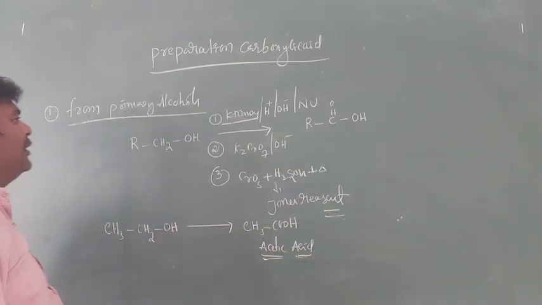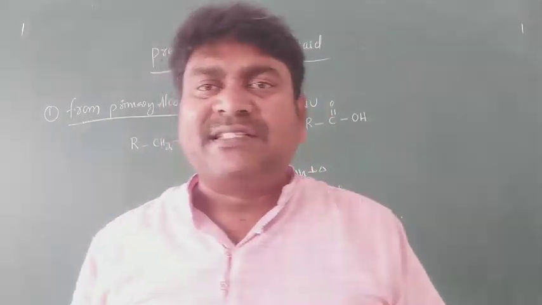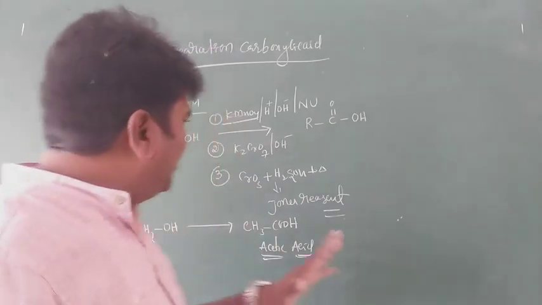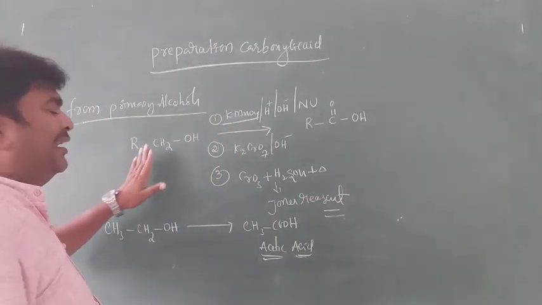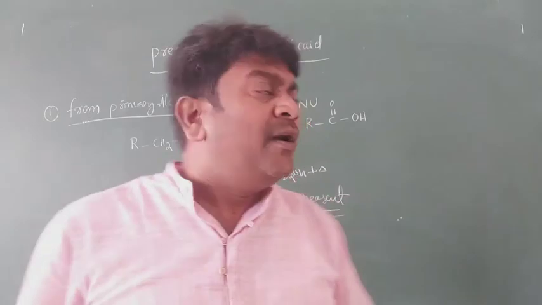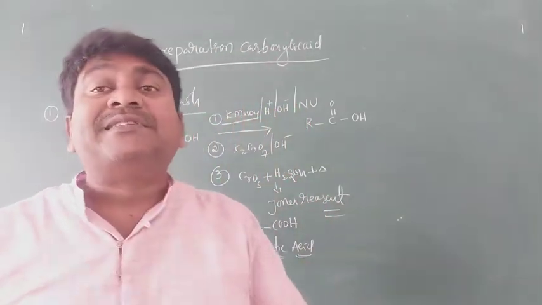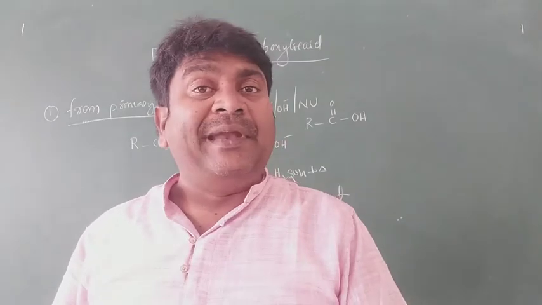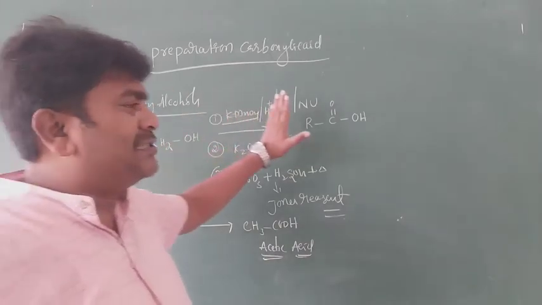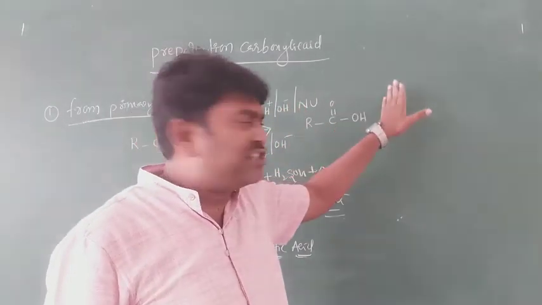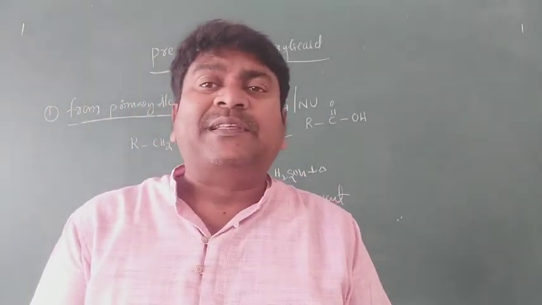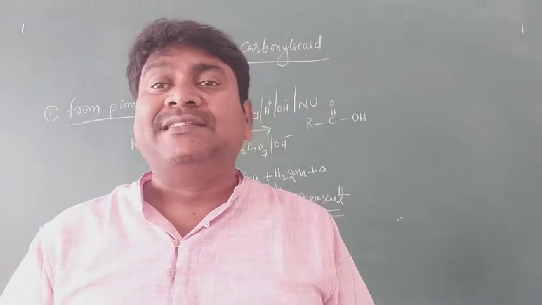Okay, already we have studied in aldehydes and ketones the preparation of aldehydes from primary alcohol. In that case, we are using a mild oxidizing agent. What is the mild oxidizing agent? PCC, pyridinium chlorochromate, or PDC. That is a mild oxidizing agent. Primary alcohol first converts into an aldehyde, then again undergoes oxidation, and you will get acetic acid in this reaction. But in presence of PCC or PDC, that is the controlled oxidation.